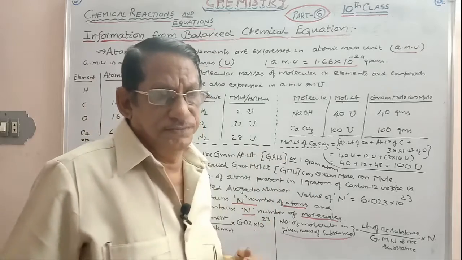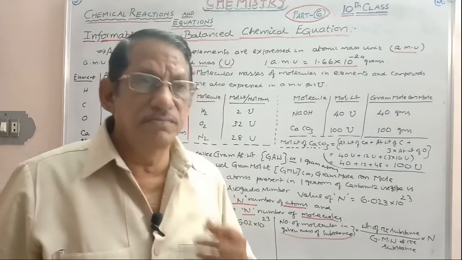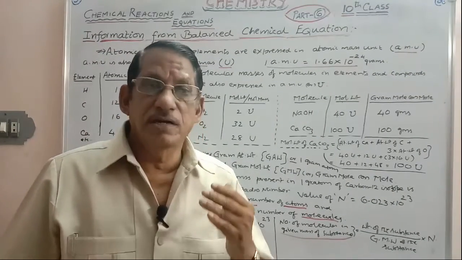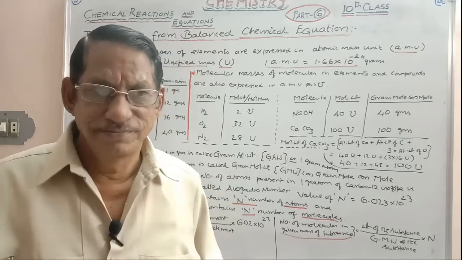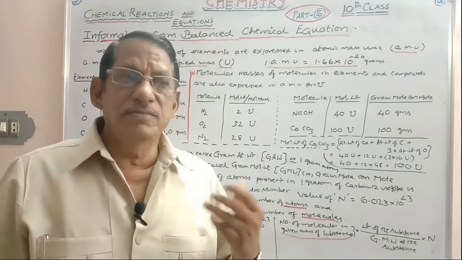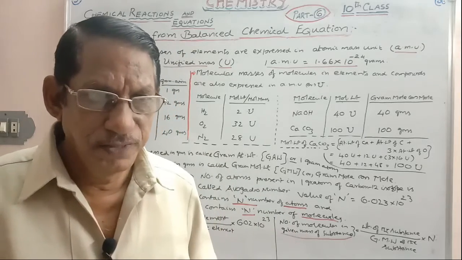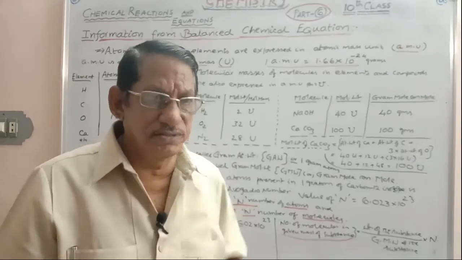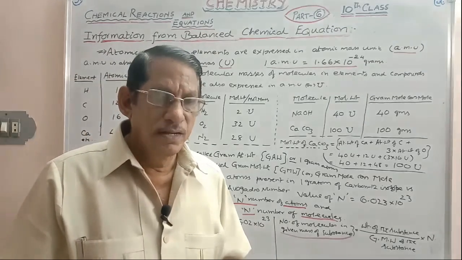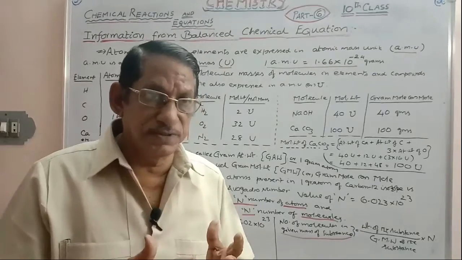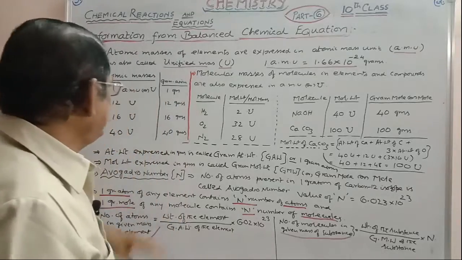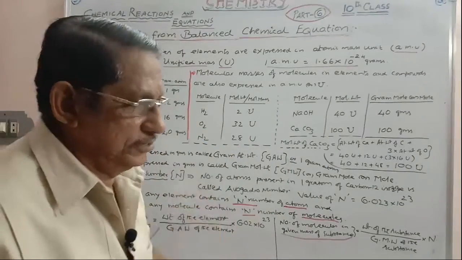Before going to the discussion of information from a balanced equation, we have to know the meaning of gram atom, gram mole, gram atomic weight, mole, atomic mass unit, unified mass. All these terms you have to know. Whenever weight is given, you should be in a position to calculate the number of atoms or number of molecules. Whenever weight is given, you should be able to express the weight in volume of the gas, if it is a gas. So, here we are considering first all these points.